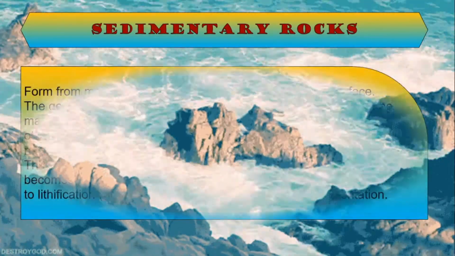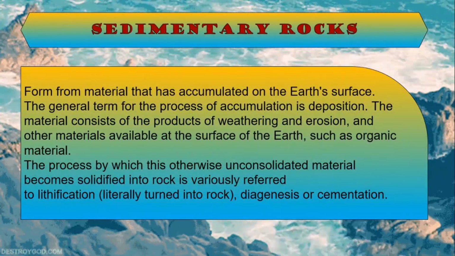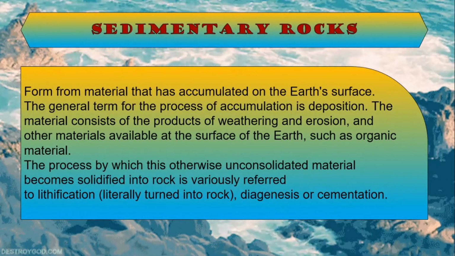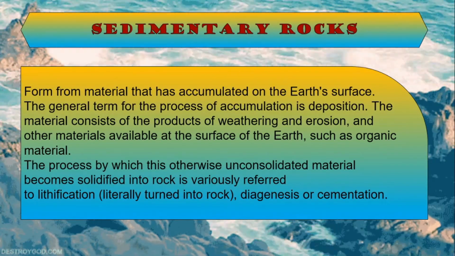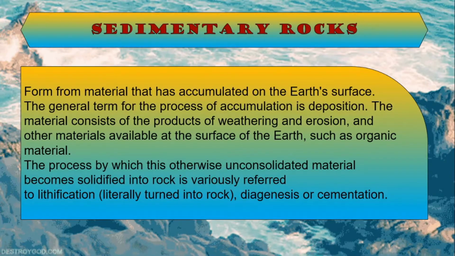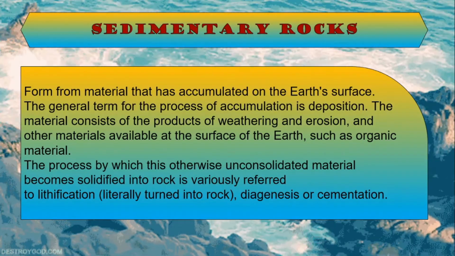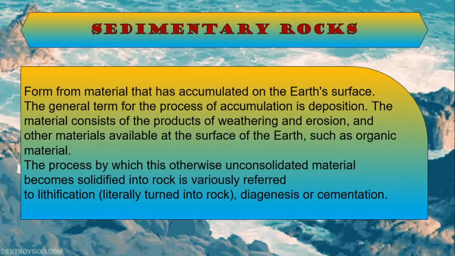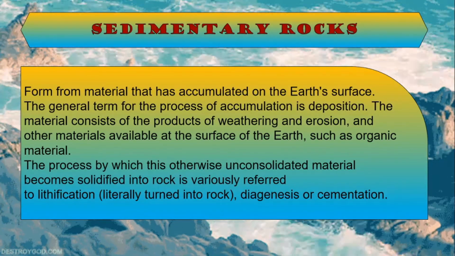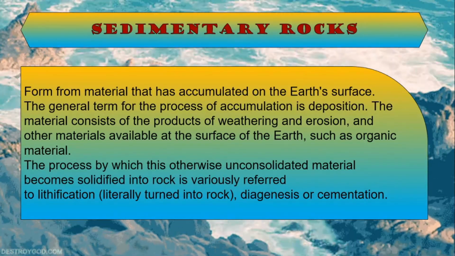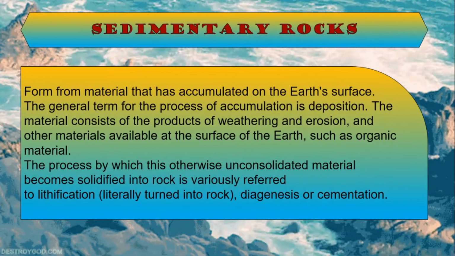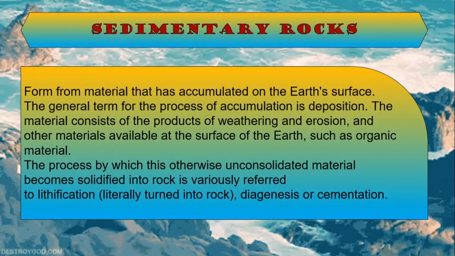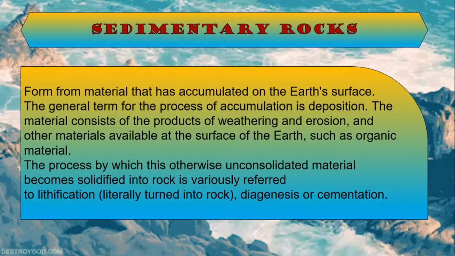Sedimentary rocks. Sedimentary rocks form from material that has accumulated on the Earth's surface. The general term for the process of accumulation is deposition. The material consists of the products of weathering and erosion, and other materials available at the surface of the Earth, such as organic material. The process by which otherwise unconsolidated material becomes solidified into rock is variously referred to as lithification, literally turning into rock,